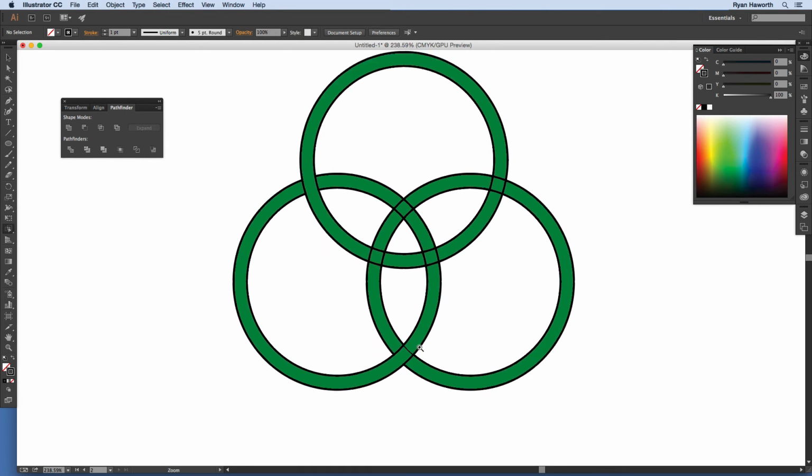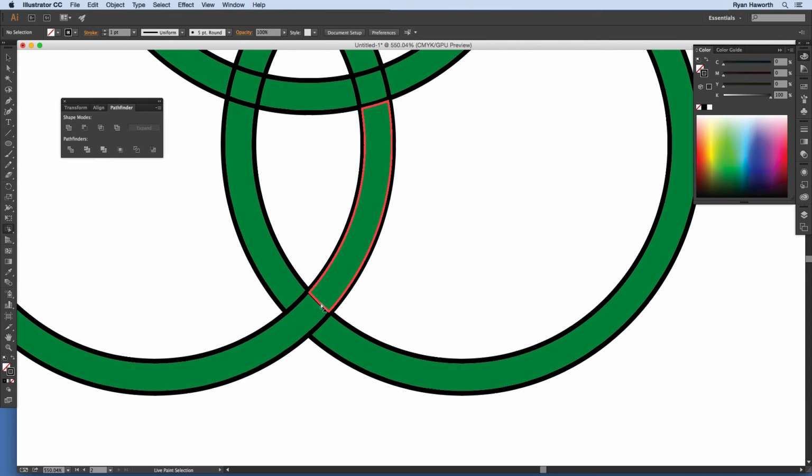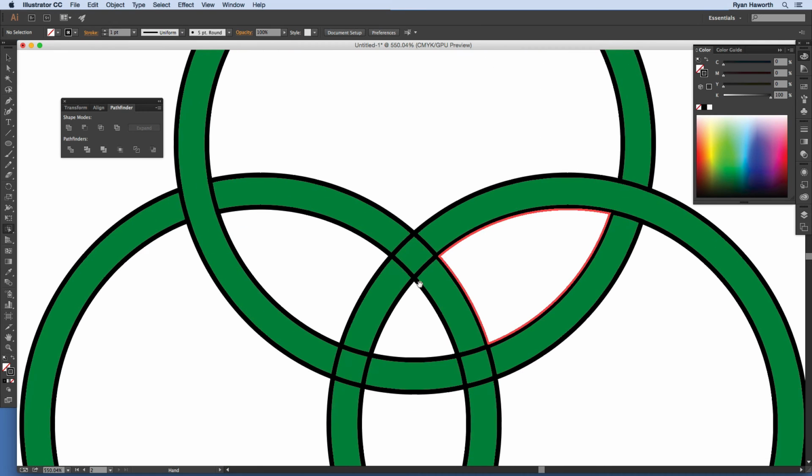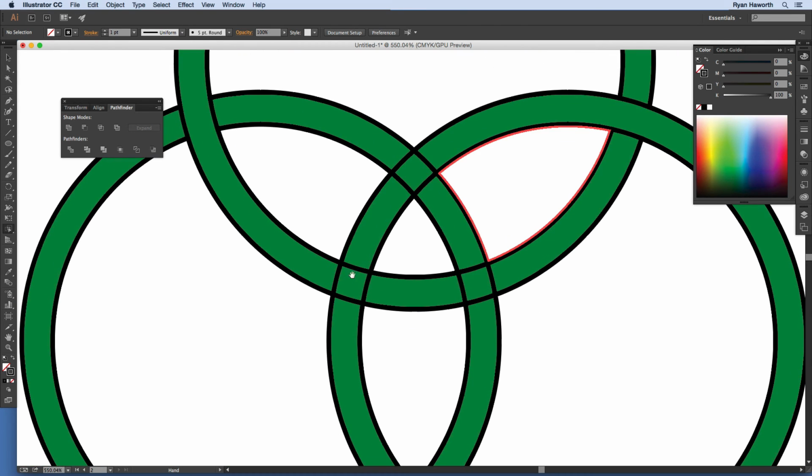Let me zoom in here so you can see what's going on a little better. So I'm just clicking the line in between the shapes. Okay, there's that one. So this one, that one, that one, that one, this one, that one, that one, and that one. Okay, that's the outside ones, I think. That's all of them. Okay, so then I'll take this one, whoops, that one, that one, that one,